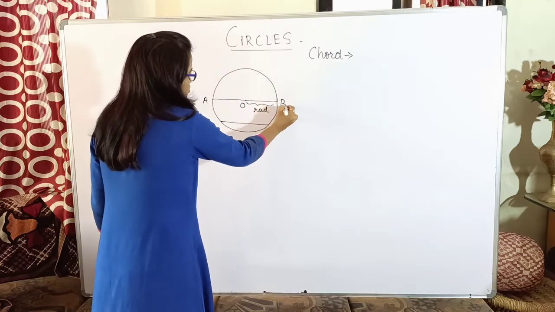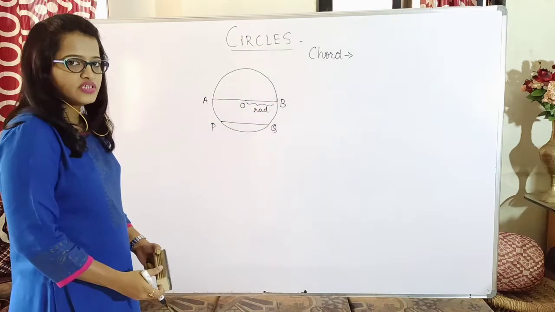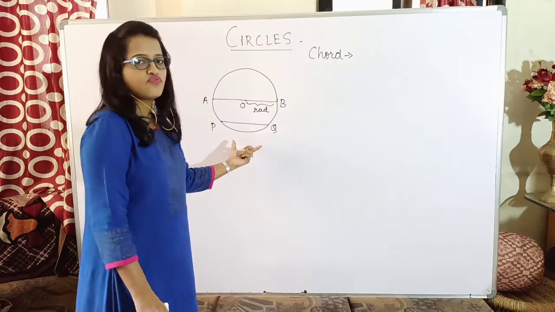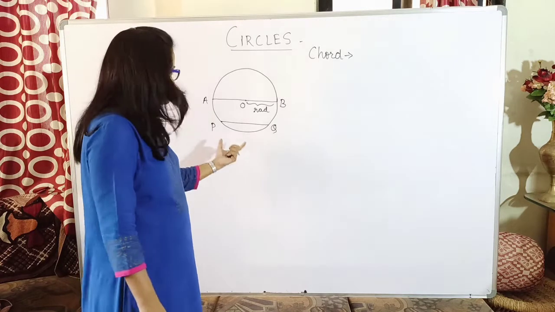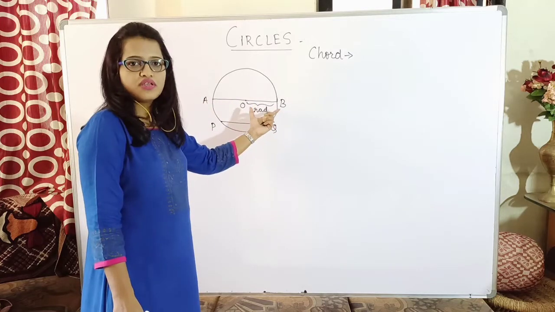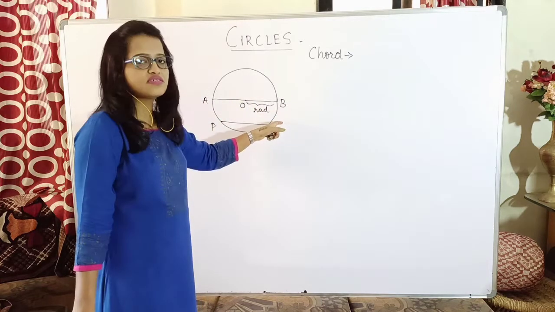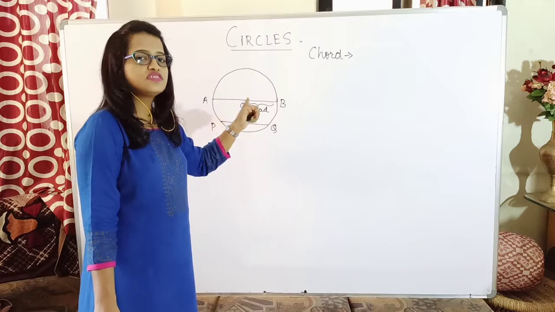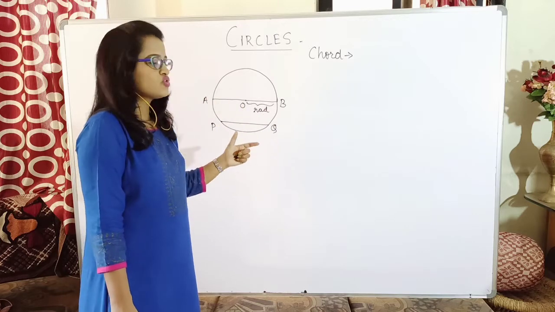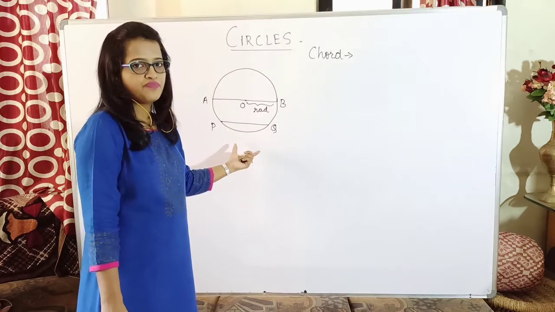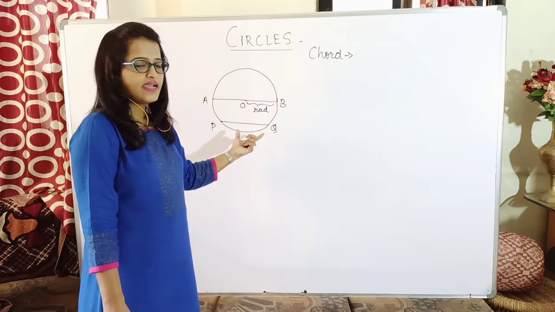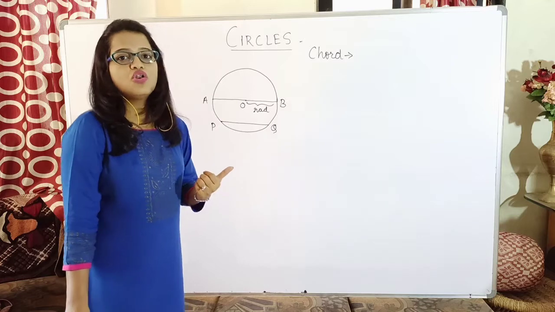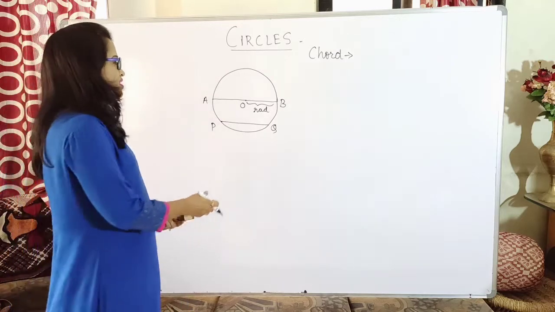Now, is AB also a chord of the circle? Can you see? If we go by the definition of chord, it says a line segment which is intersecting the circle at 2 points. So even AB is also a line segment which is intersecting the circle at 2 points. Only the difference is it is passing through the center, which is not the condition specified for the chord. Okay, so I can say AB is also the chord, and AB is the longest chord of the circle.